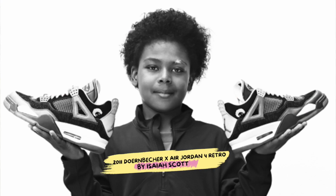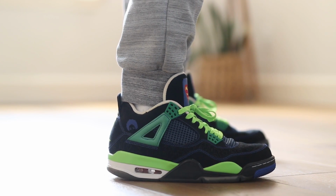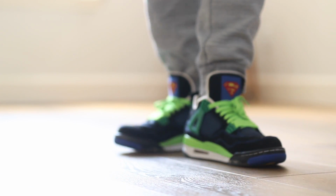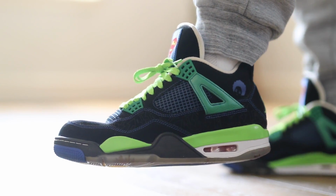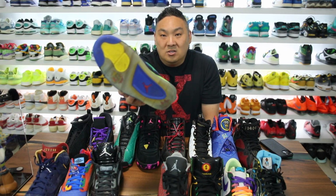Isaiah Scott designed the Air Jordan 4s in 2011. This has probably become one of everybody's favorite colorways with the Superman on the tongue. It's such a crazy, loud inspiration. Like the arrows all over the upper, the fact that you have him right here on the back, and then the Superman obviously on the tongue, and the little bit of comic inspired words on the bottom of the